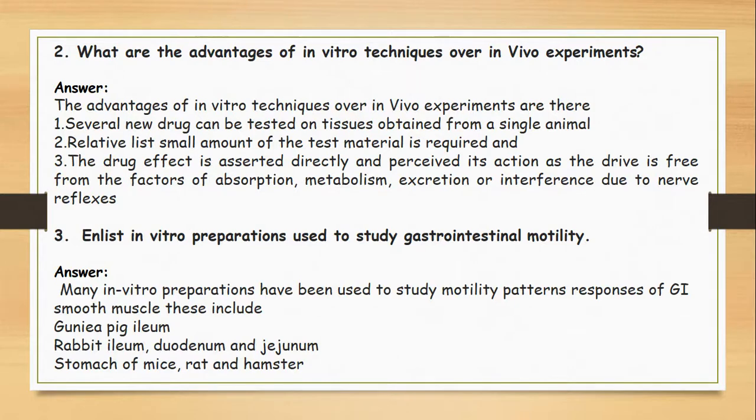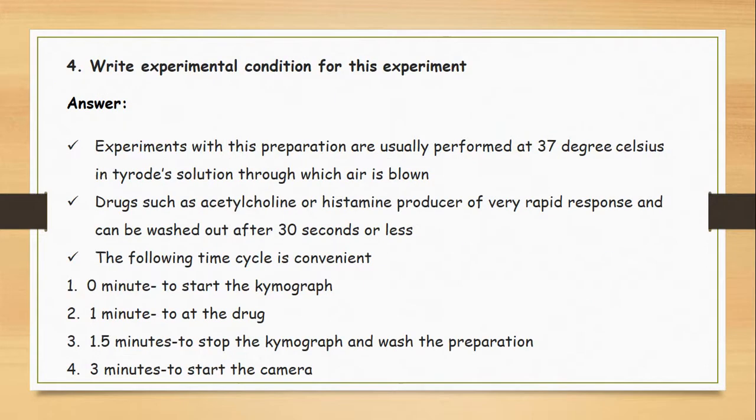Next question: enlist in vitro preparations used to study gastrointestinal motility. The answer is, many in vitro preparations have been used to study motility patterns and responses of gastrointestinal smooth muscle. These include guinea pig ileum, rabbit ileum, duodenum and jejunum, and the stomach of mice, rat and hamster. Now, fourth question,